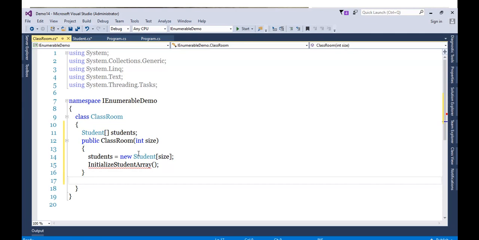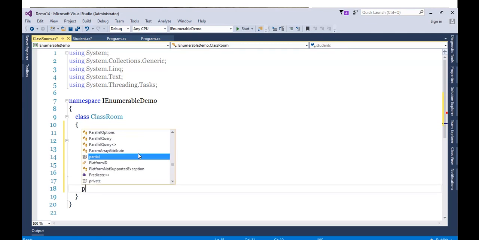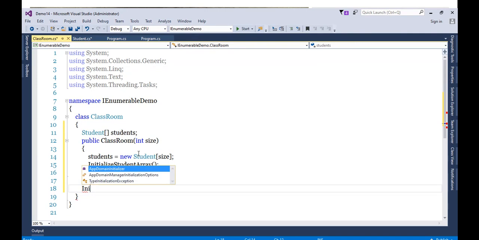Okay, let's define this here. So InitializeStudentArray.